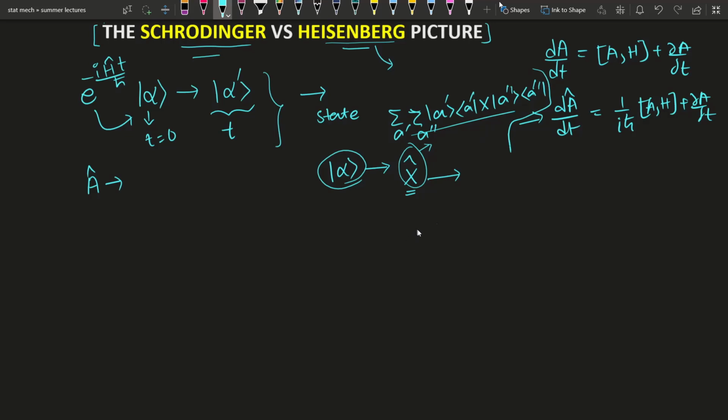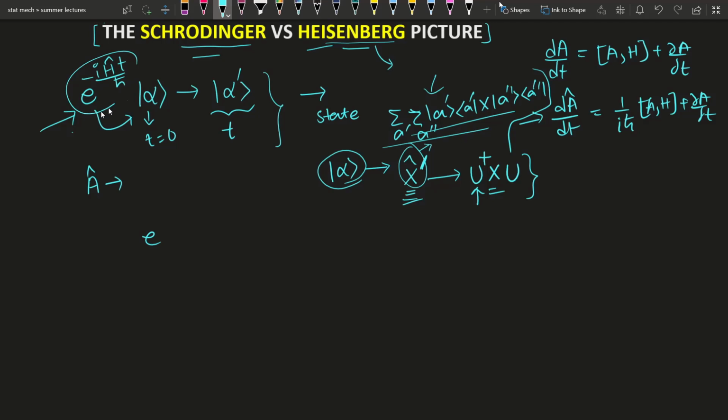Now this operator, in the unitary transformation, if I represent it in the new base ket, and this is the old base ket, the relation between the new and the old will be like this. This is the new, X dash will be U dagger, the unitary matrix. What will be that unitary matrix? I have discussed in that video. Then X and U, this will be the form. So what is happening here, basically, is that the operator itself is changing, but the state kets are not changing. This picture is called the Heisenberg picture, and the Schrodinger picture is the thing that I have discussed here,